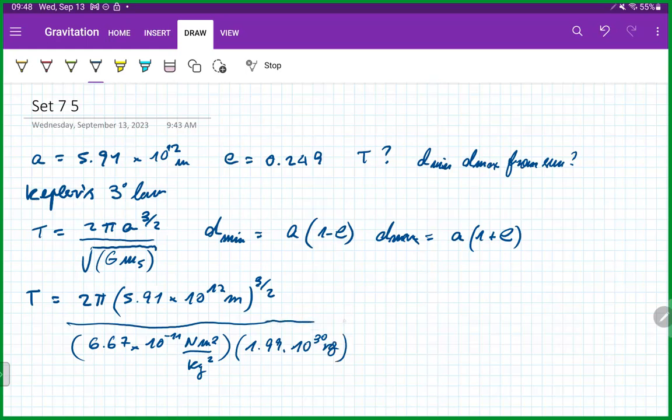Let me just put this because this is getting big. So 1/2 there. And that's 7.84 times 10 to the 9